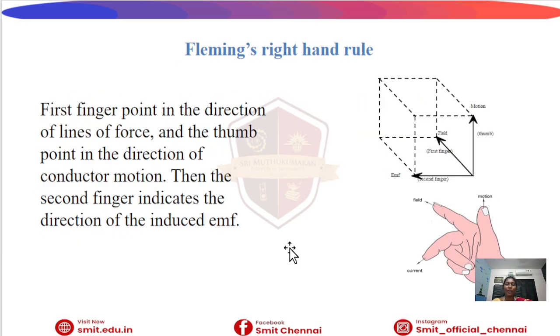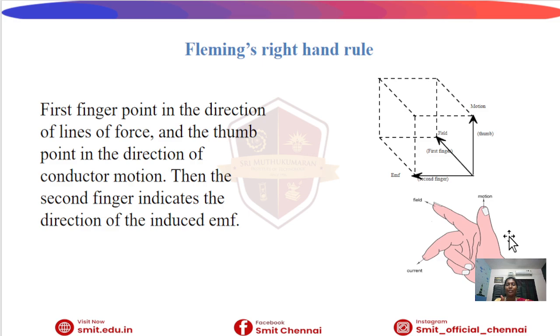So, what is Fleming's right hand rule? First, stretch your right hand. This is your right hand, as you are seeing in the picture. The thumb represents the direction of the motion of the conductor, the forefinger represents the direction of the magnetic field, and the middle finger, all held at 90 degrees to each other,